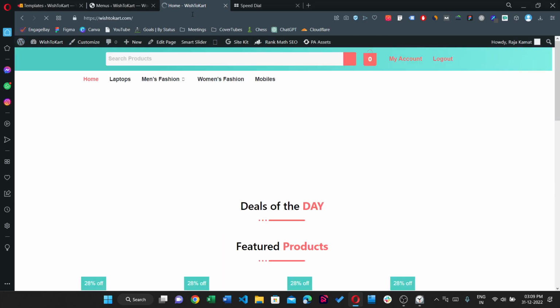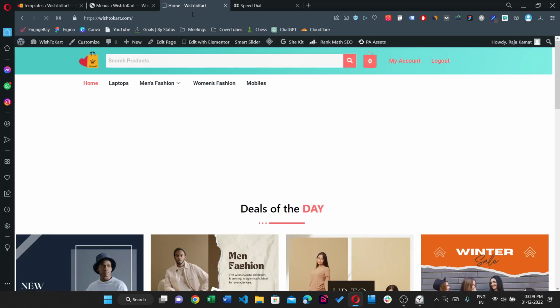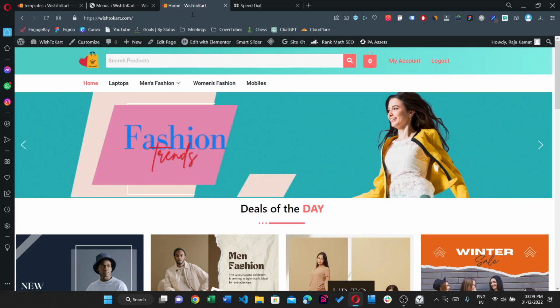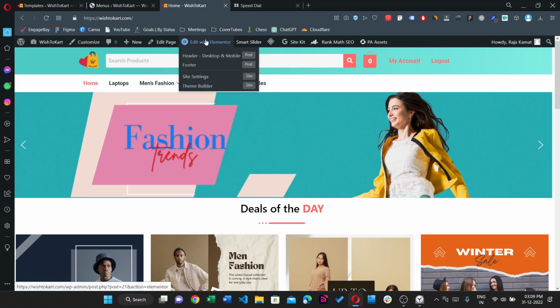Just bear with me, guys, my internet is a bit slow. Now you can see there is no menu here because we haven't added a menu here. We'll edit it from Elementor. We'll go to header,